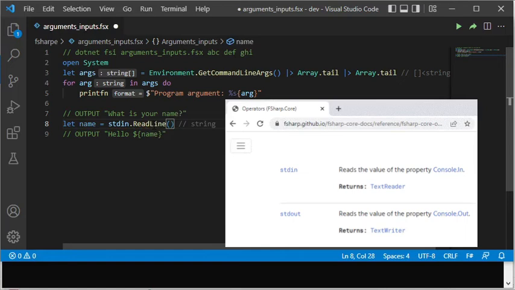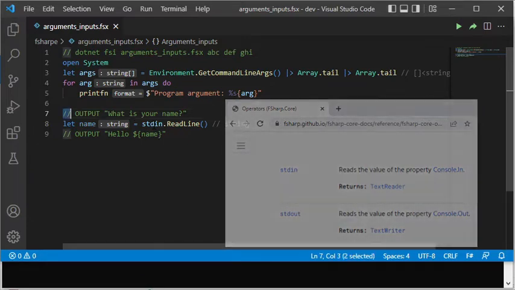By the way, stdin is a so-called operator that returns the text reader in the console.in property, and the stdout that I also will use soon is an operator that returns the text writer in the console.out property. And console is a class in the namespace system.